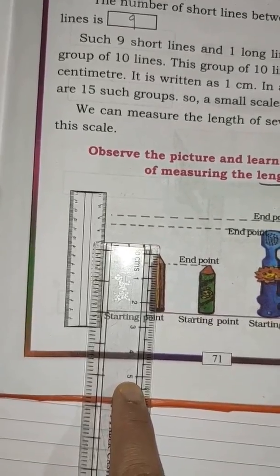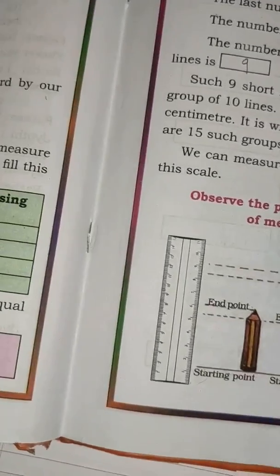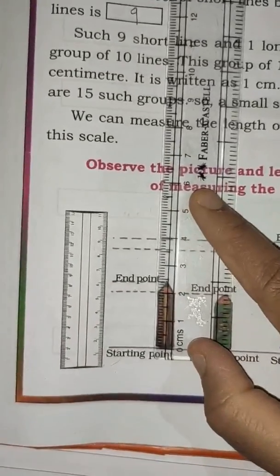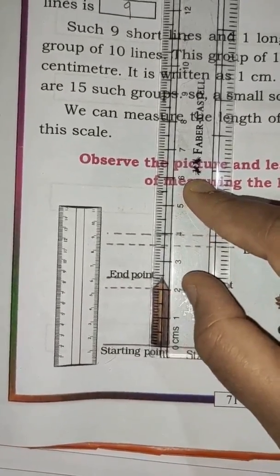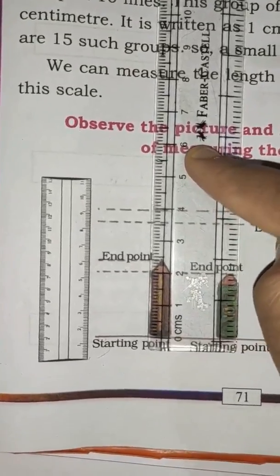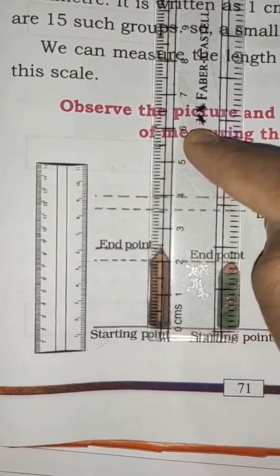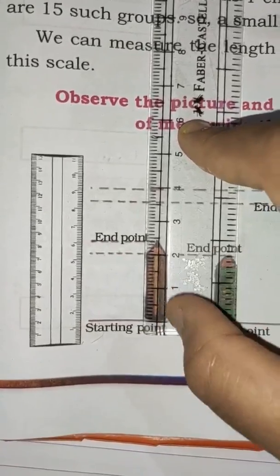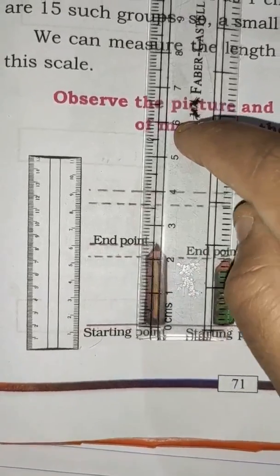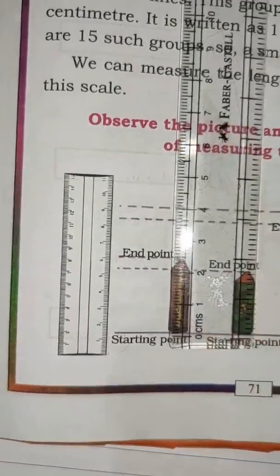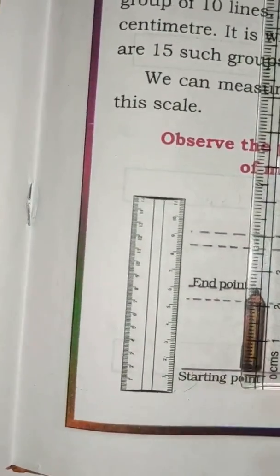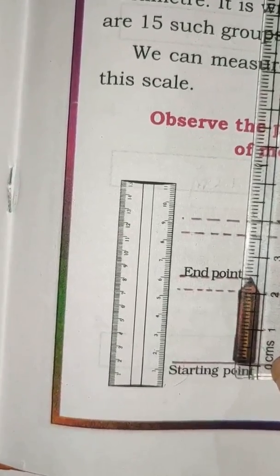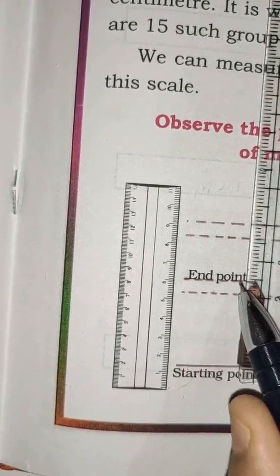From 0, you can keep it like this. From the starting point, you keep the 0 on the starting point. Then up to here. Now you tell me, what is the length on the scale? It is centimeter, right? So 0 to 1, 1 to 2. It is 2 centimeter. Where is the end point here? Can you see this end point? So it is not 2 centimeter. It is a little bit more. Here we are having the end point, isn't it?